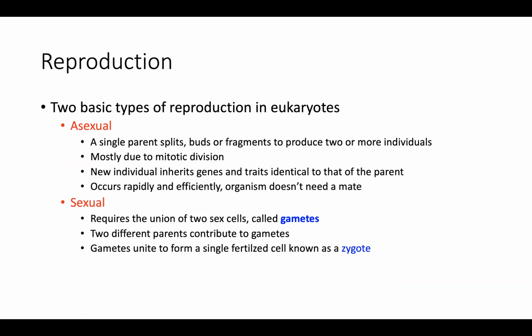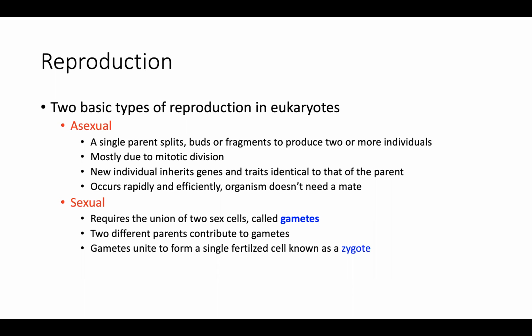On the other hand, we have sexual reproduction where two individuals are required, okay? In the case of humans, sexual reproduction requires the union of two cells that we call gametes. Write that term gamete down. Gametes are our sex cells, and these are the types of cells that are generated during meiosis. So we said last class that generally speaking, we have somatic cells in our bodies, but we also have sex cells. These sex cells are generated during meiosis.